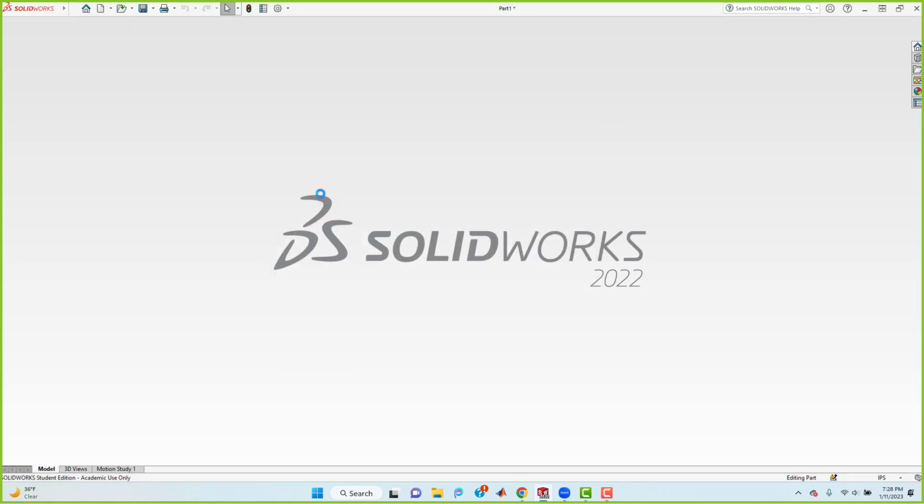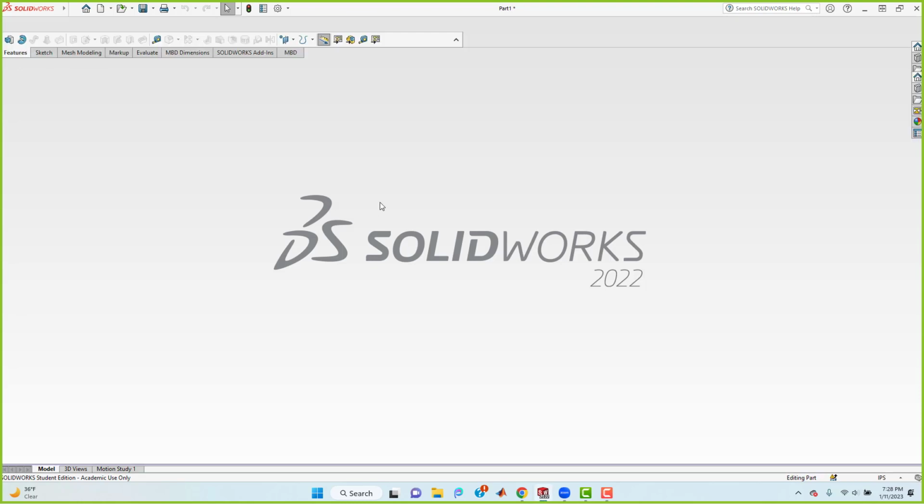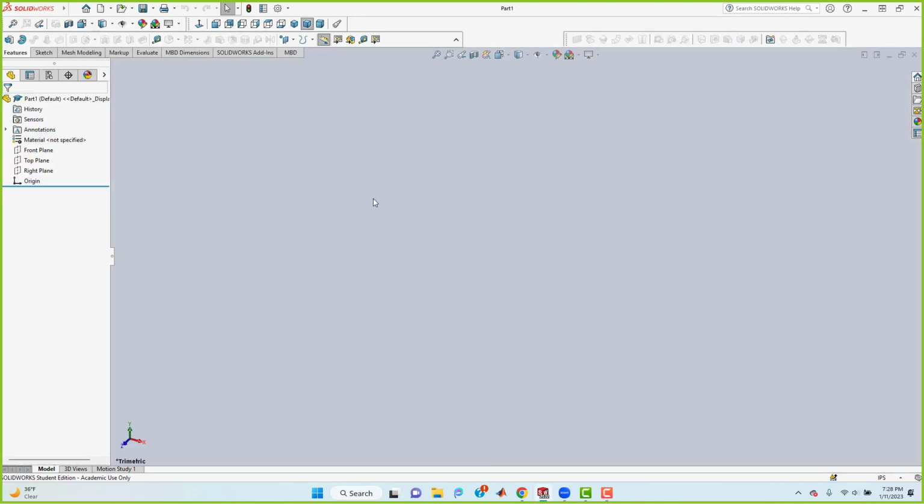Now, prior to this version of SolidWorks, my laptop worked great. But with this version, it is slower than molasses in December. And it's very frustrating. So anyway, you get into your part here, and